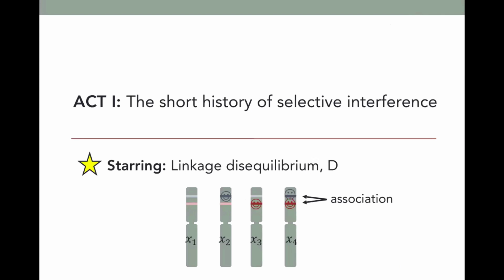And before I get started, I want to discuss one of the key players in this story, and that's linkage disequilibrium. Linkage disequilibrium is just a measure of association or correlation. Technically, it's a covariance between the alleles carried at different loci. The way I will be defining the sign of linkage disequilibrium is that it's positive if the beneficial alleles tend to group together and are found more often on the same chromosome, as well as the deleterious alleles. If those are overabundant, then there's positive disequilibrium. By contrast, the disequilibrium is negative if beneficial alleles tend to find themselves in genetic backgrounds with deleterious alleles at linked sites.